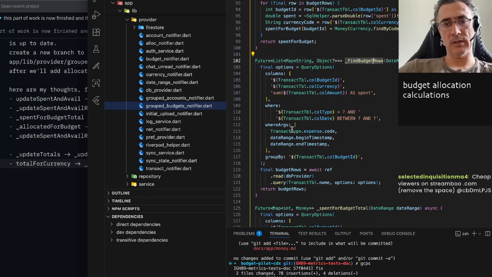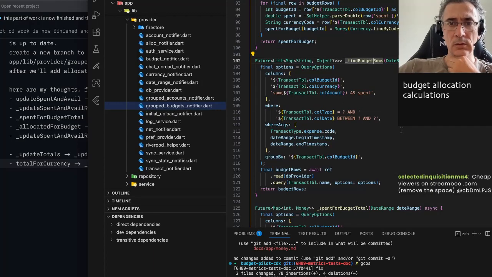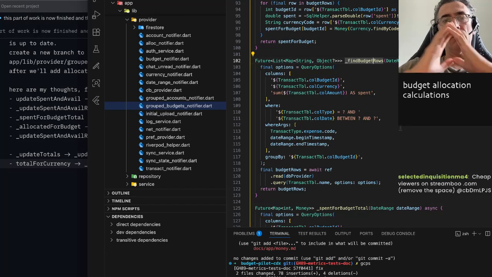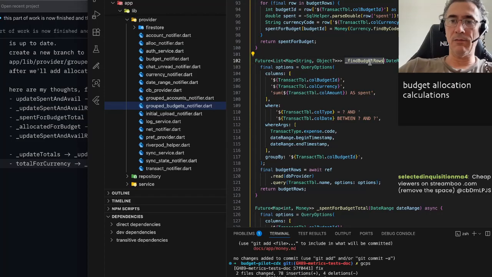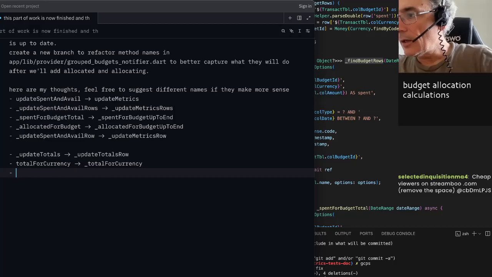I think, but it's grouped over in range. Yeah. This is more fine spent in range, I think. But let's see, because also finding the budget rows. Okay,